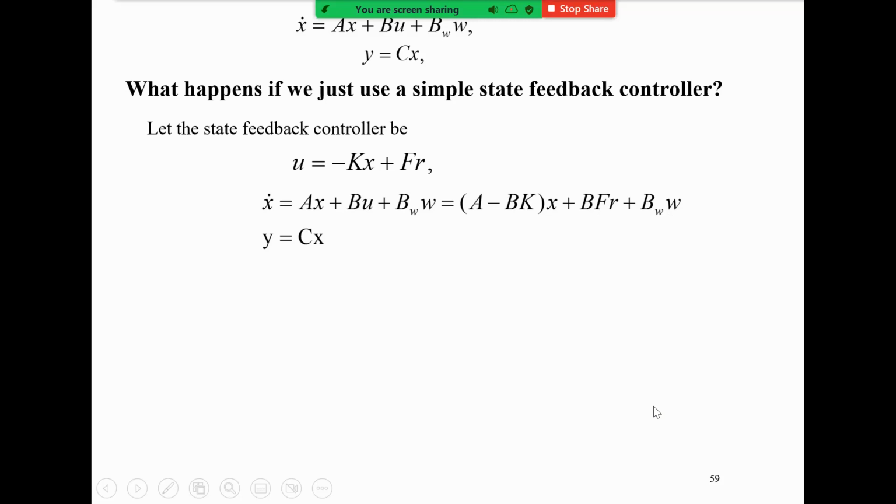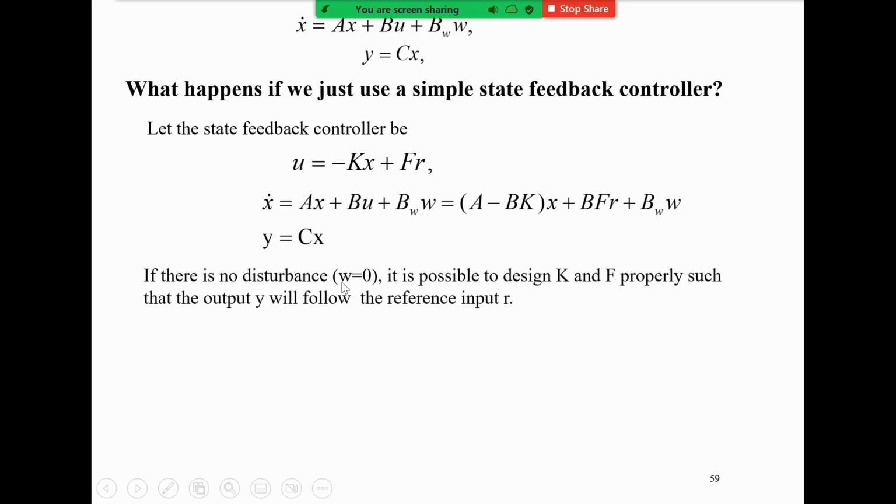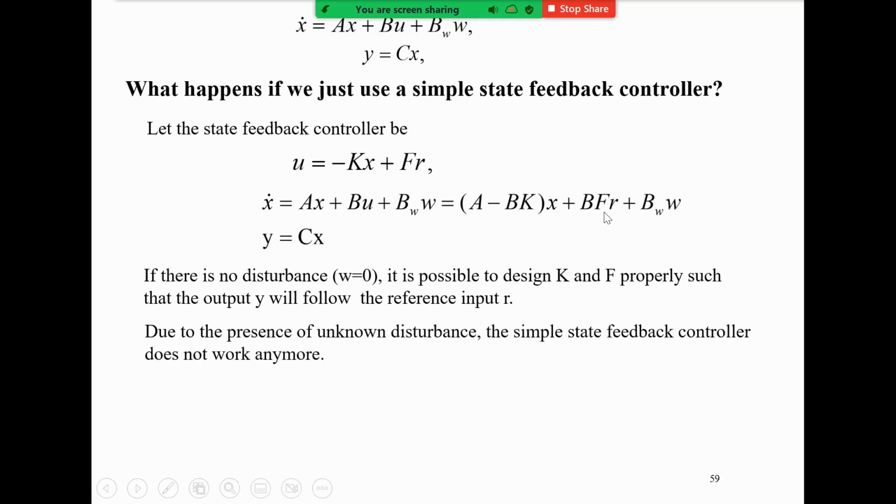Okay. And let's say if there is no disturbance, right? Then it is possible to design the K and F properly such that the output may follow the reference signal R. That one it is possible. However, because of the disturbance,